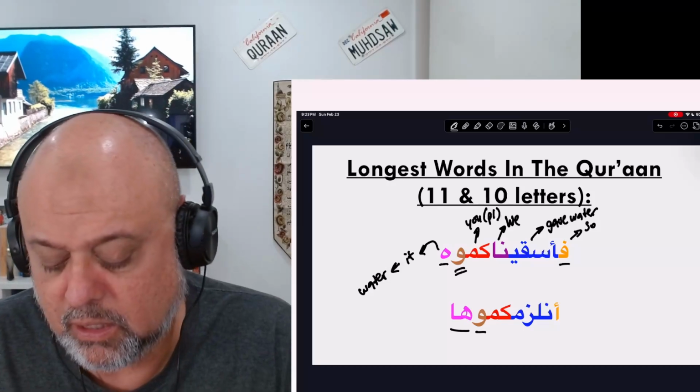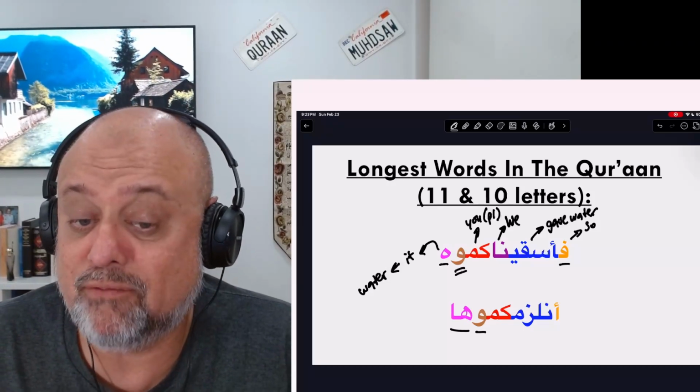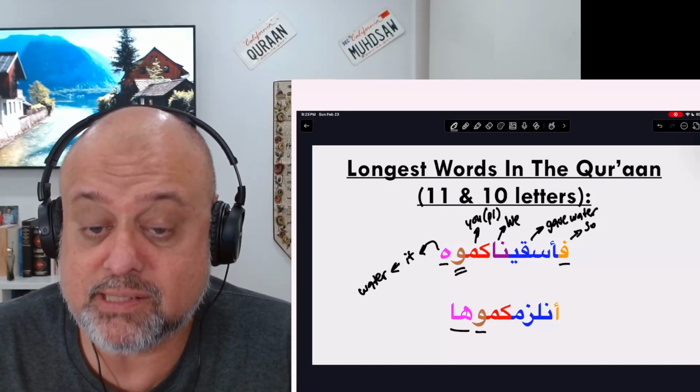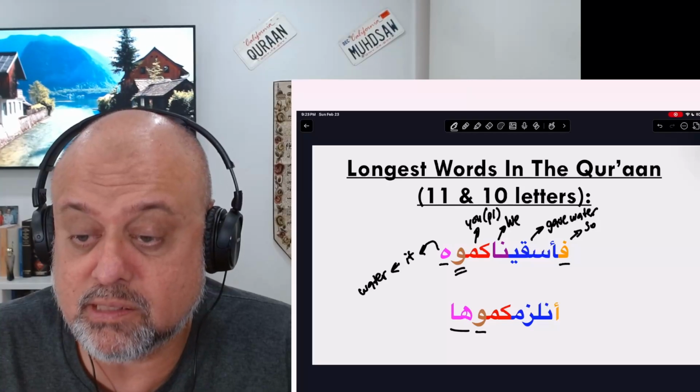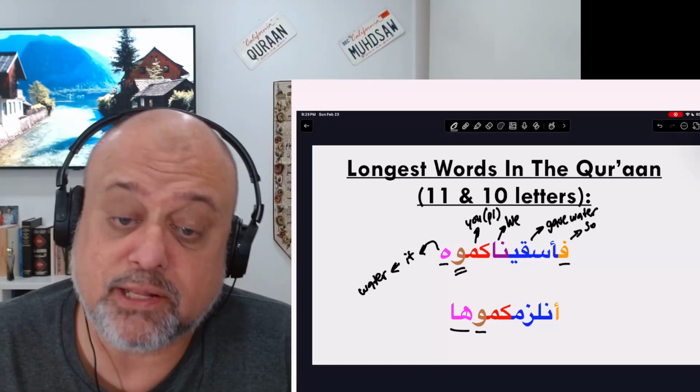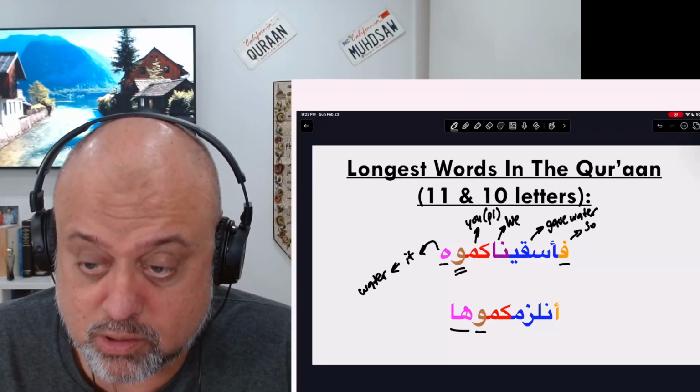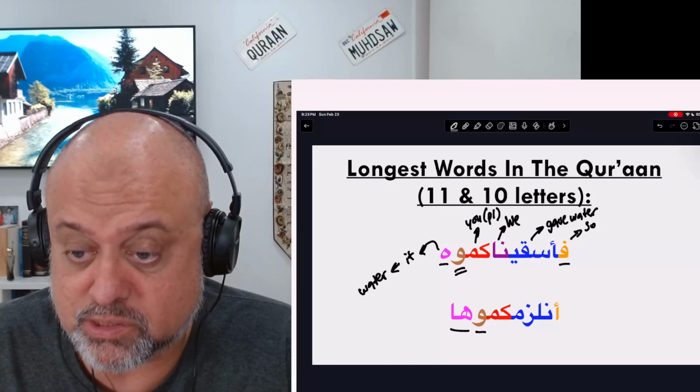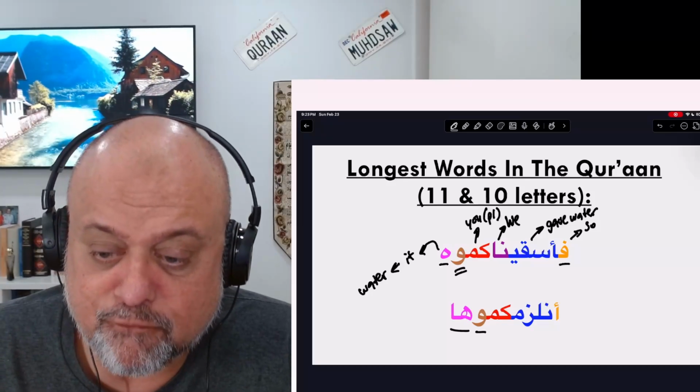There you go. فَأَسْقَيْنَاكُمُ, 11 letters long. That is a complete sentence in Arabic, and that's why, just like the previous slide, this is not a word. It's an actual sentence. And then the final one,